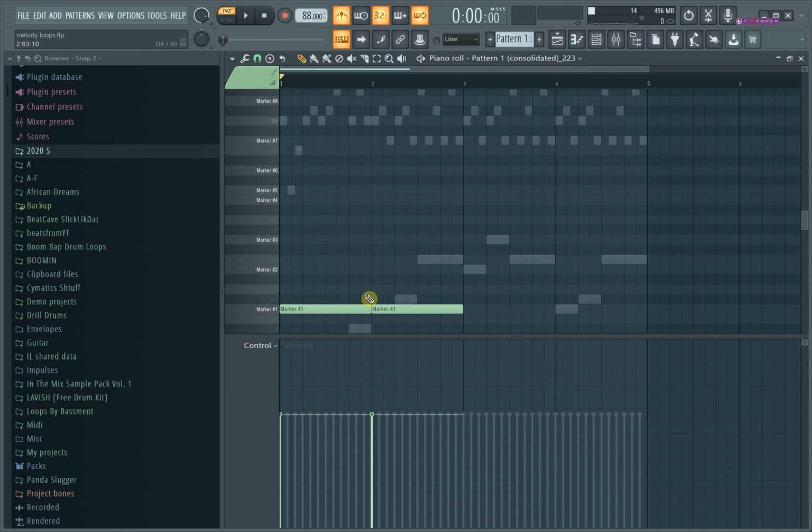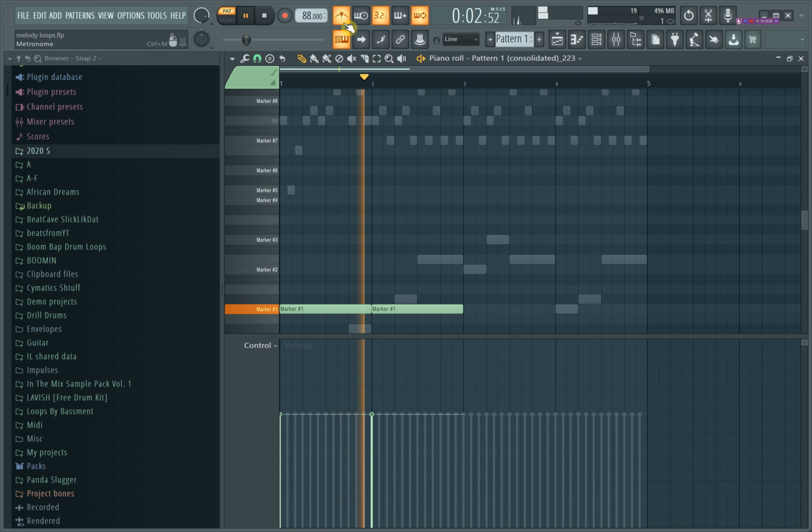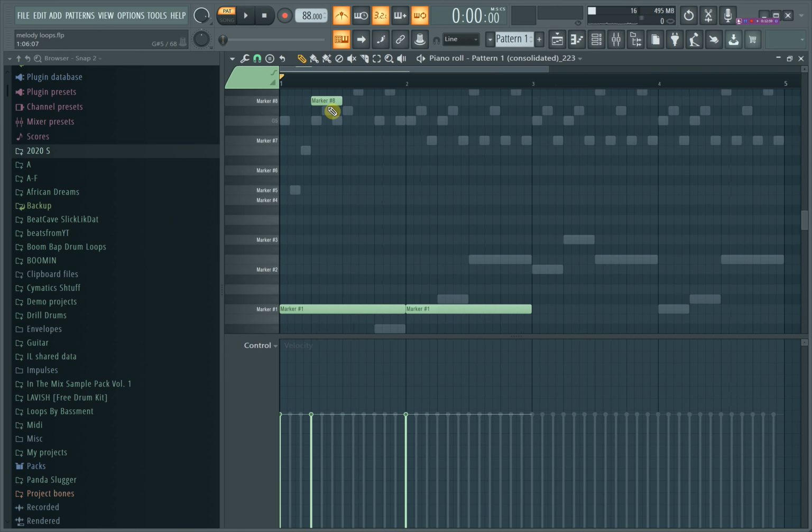See, I think I like how that sounds. Also, the best thing about this is you can mess with these mod Y and mod X things to make it different. Yeah, so I kind of have an idea of what I want from that. I'm probably gonna mess with the individual notes, but